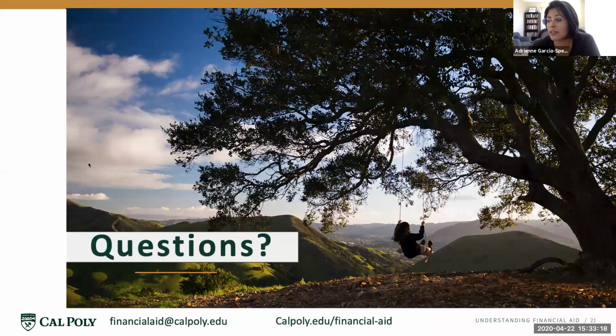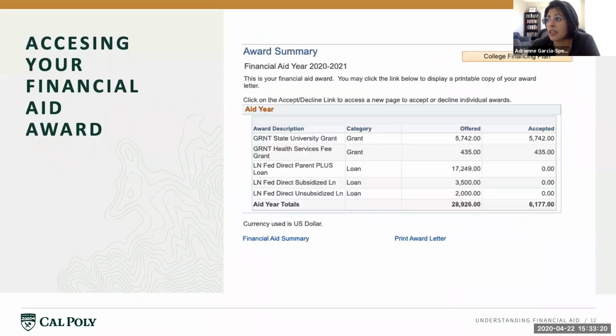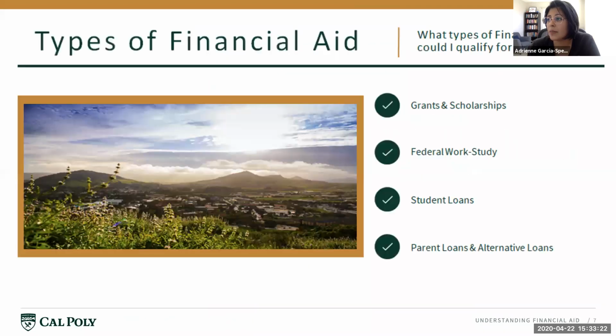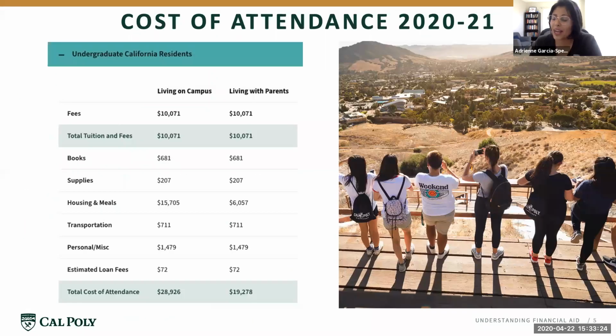Yeah, I can go back. Someone's asking for the cost of attendance slide. This is from our website. I hope it's not giving anyone whiplash for me to be scrolling through these. This is available on our website, and it's much prettier and much more dynamic on the website. So I definitely encourage you to check out the website to look at the cost of attendance. But essentially, this is living on campus. And the living with parents.